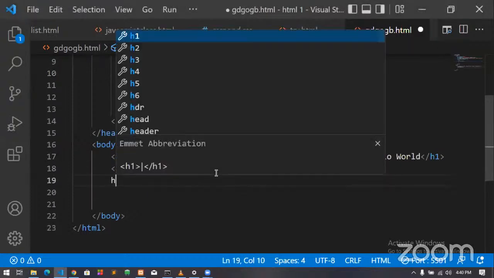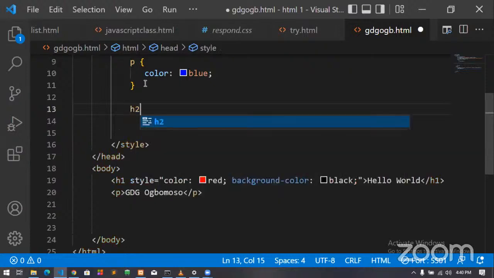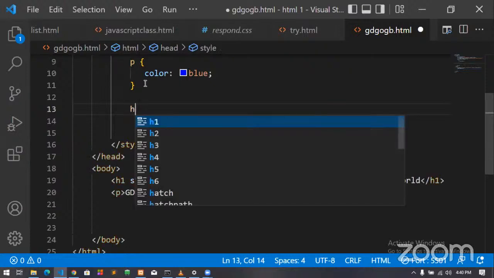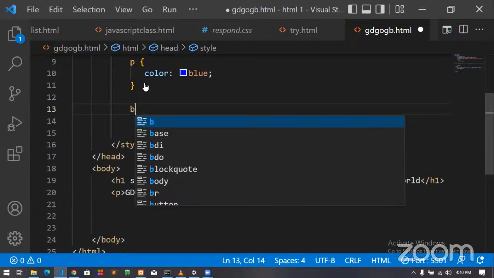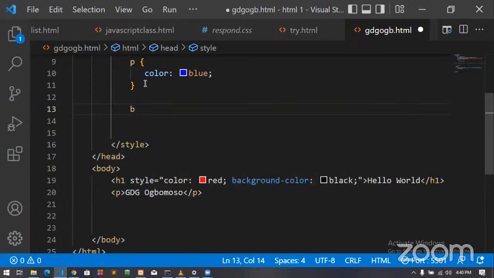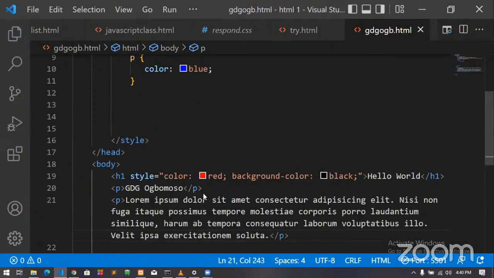If it's H1 you want to style, you would come here and say H1. If it's H2, you say H2. If it's a P tag that you want to style, you say P. That's you using name selector. But mind you, any P tag that you have here automatically carries that styling.